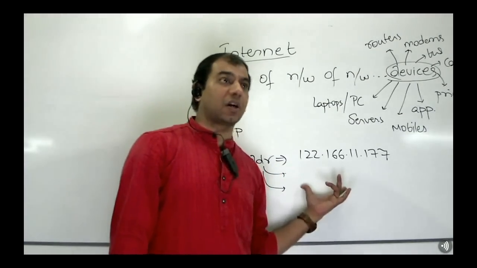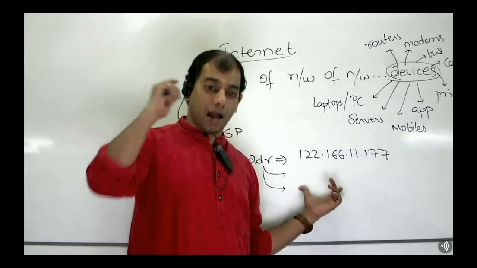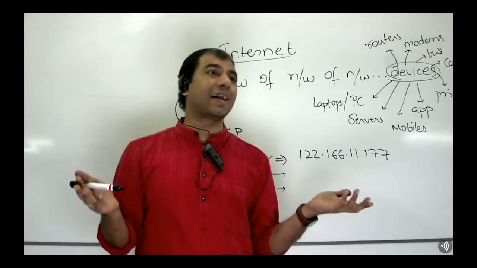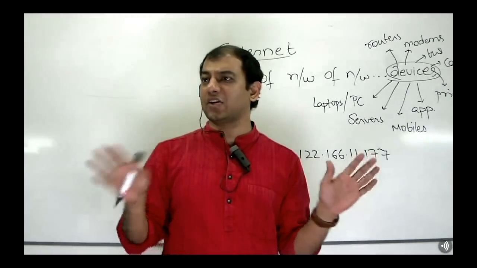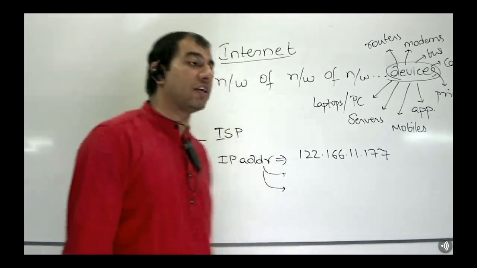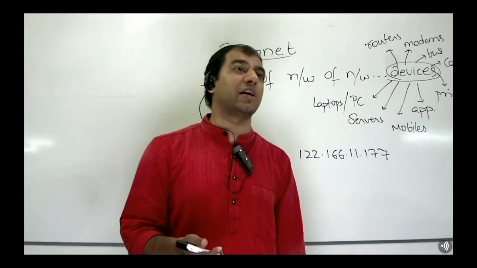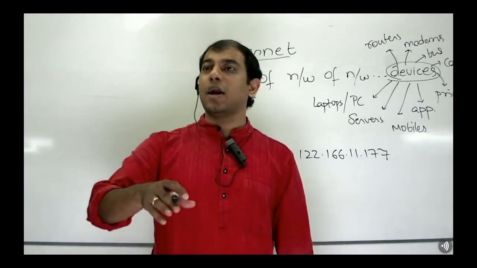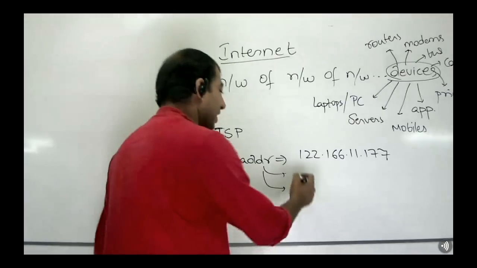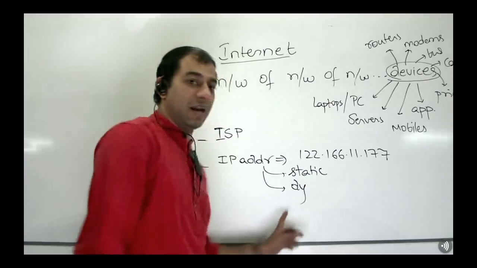And tell me more about IP addresses. Technically, IP addresses are classified as IPv4 and IPv6, right? So that's a technical implementation which gives you a broader range. Let's not bother about it. That's not too important. But what is important for us to understand is the two buzzwords that are associated in software for everything that you learn: static and dynamic. So we have static IP addresses and dynamic IP addresses.